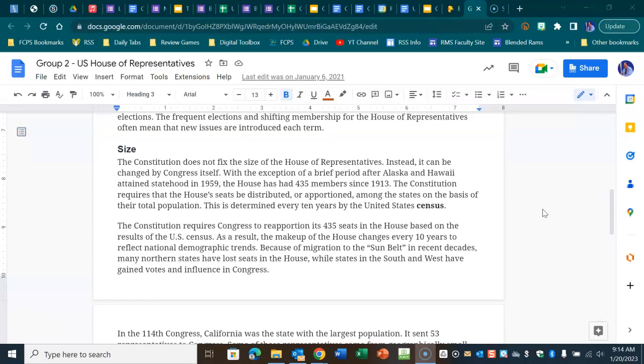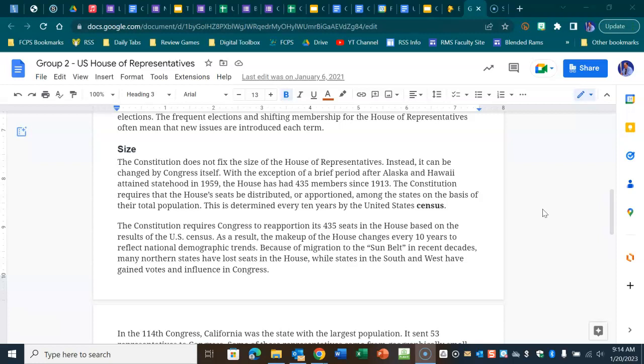Size. The Constitution does not fix the size of the House of Representatives. Instead, it can be changed by Congress itself. With the exception of a brief period after Alaska and Hawaii attained statehood in 1959, the House has had 435 members since 1913. The Constitution requires that seats be distributed, or apportioned, among the states on the basis of their total